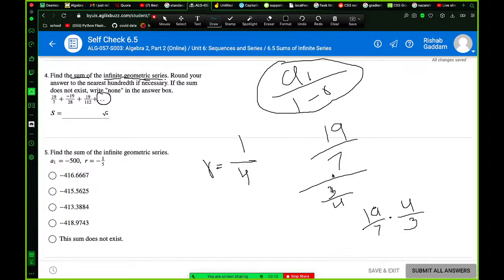So I just plugged it in, and I got this, and you're just doing 19 times 4. That's 50. No, that's 86, or something like that. I don't know. Is that 86? No, I think that's 76. Okay, so that's 76 divided by 21. I think that's the answer. If you disagree with me, then